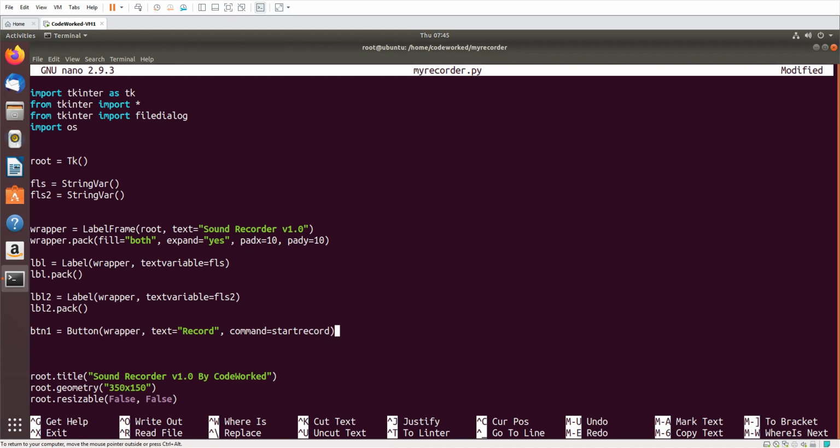I will create the start record function later in this video. btn.pack. Here I will align buttons horizontally, so side tk.LEFT and padx 30, and the second button will be for exiting the application.